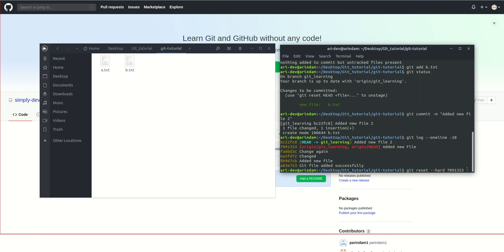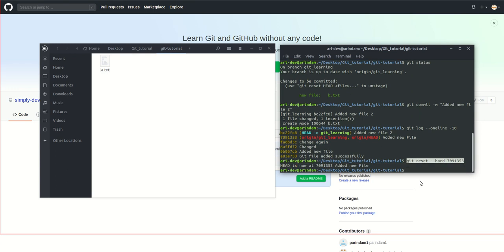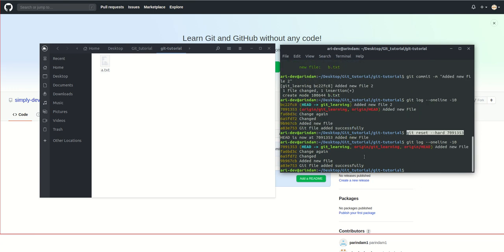This is the command. Enter. Now check git log. Check, added new file is the last commit. Added new file 2 is deleted permanently. Now, if you go back to your previous commit after pushing, like this: